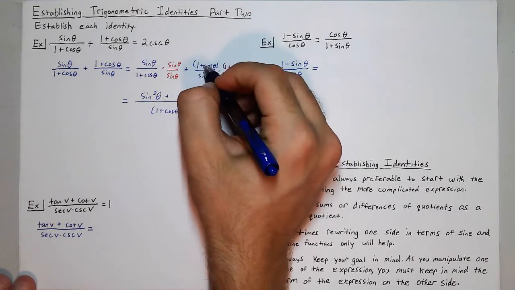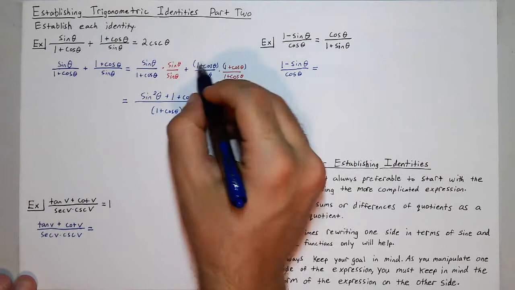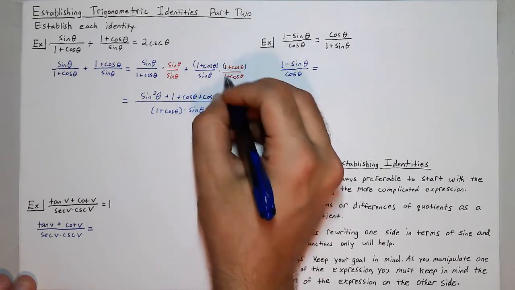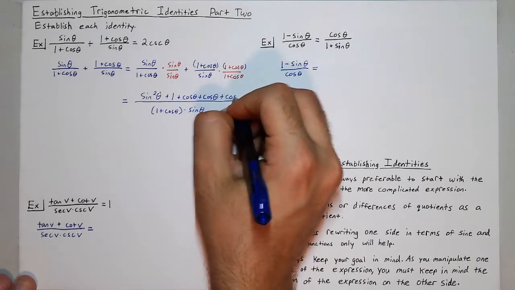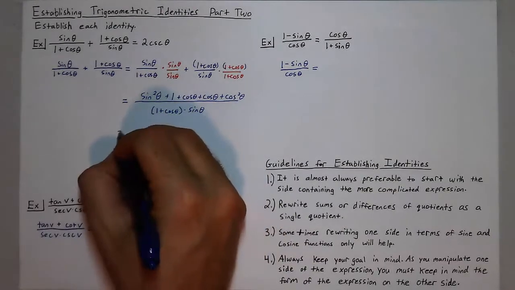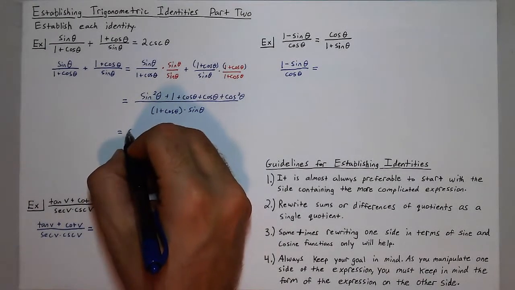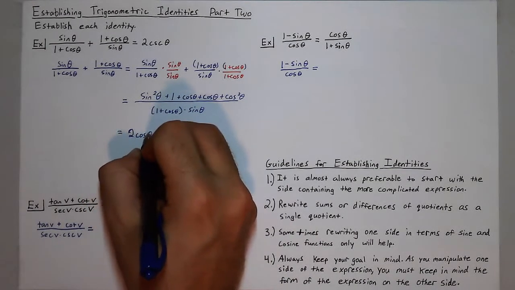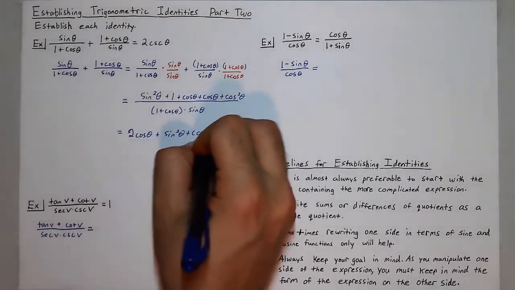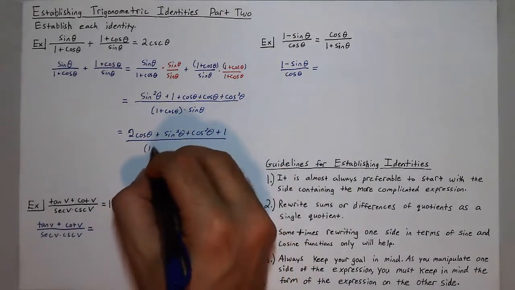So I'll have 1 plus cosine of theta times 1, so that's 1 plus cosine of theta, and 1 plus cosine of theta times cosine of theta, which is another cosine of theta, plus cosine squared of theta. So now combining like terms and rearranging my terms just a little bit, I can get 2 cosine of theta plus sine squared of theta plus cosine squared of theta plus 1 all over 1 plus cosine of theta